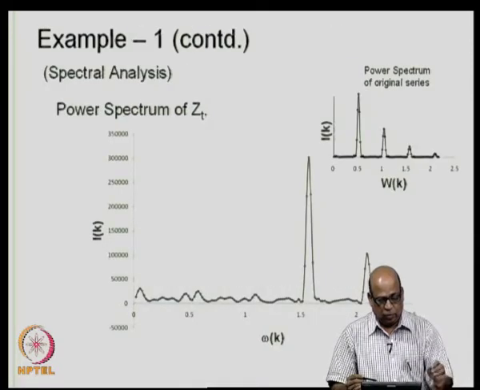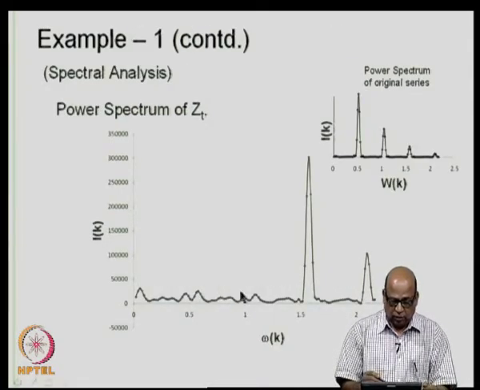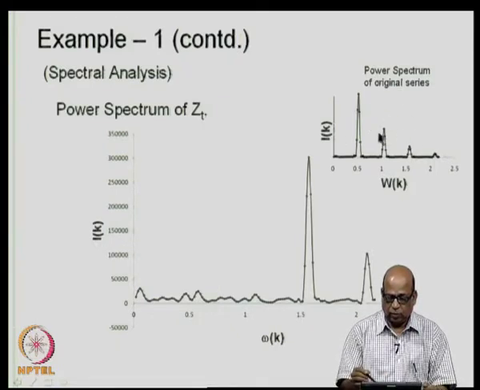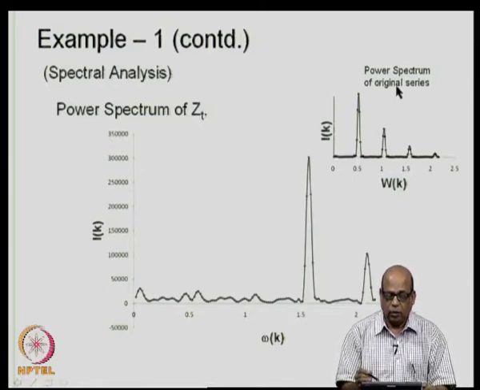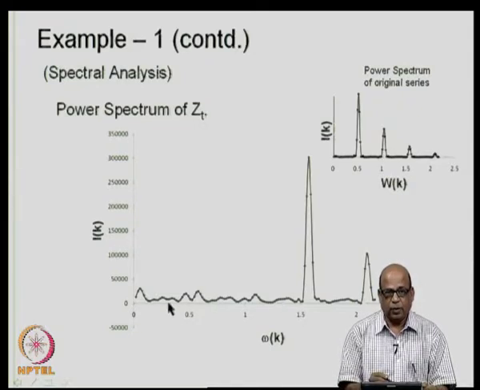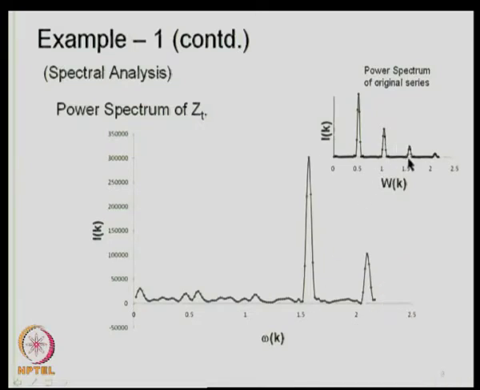So, let us see how it looks. As you can see here, this is the power spectrum for the original data, and this is the power spectrum for the Z t, which is the transformed data in which the first two periodicities from the original data have been removed. So, you had a periodicity of somewhere near 0.5 and somewhere near 1.1 or some such thing, those are absent here. These periodicities have been removed, and the periodicities corresponding to the 4 months and the 3 months